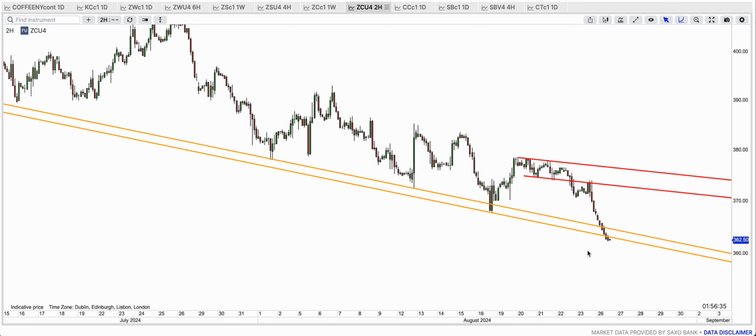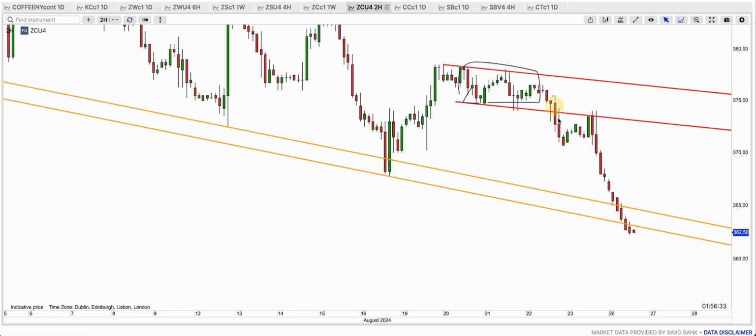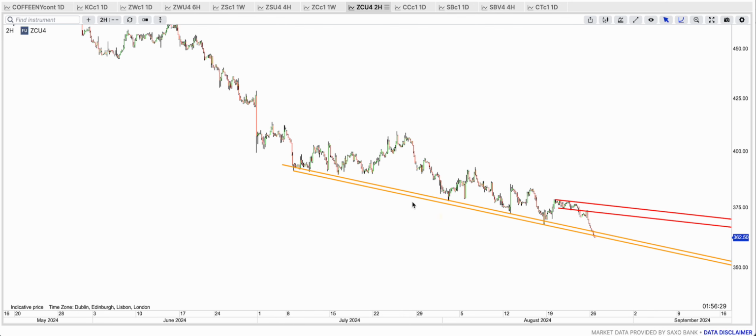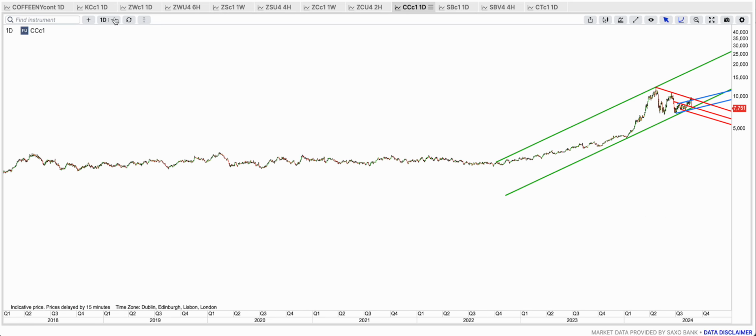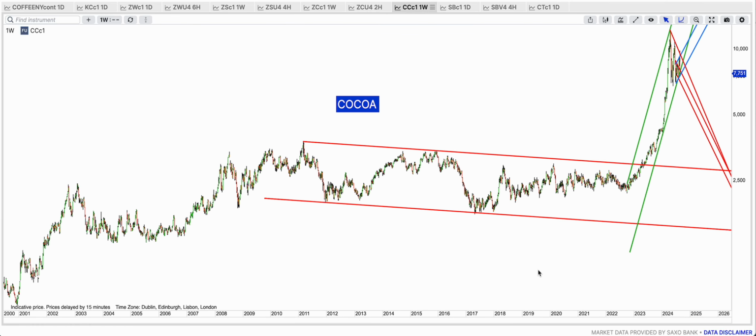Corn September contract, red bull flag broken to the downside, back tested. This is why it's still selling. The golden line doesn't become a support. Everything looks bearish. So cocoa, I'm now going to remind you,